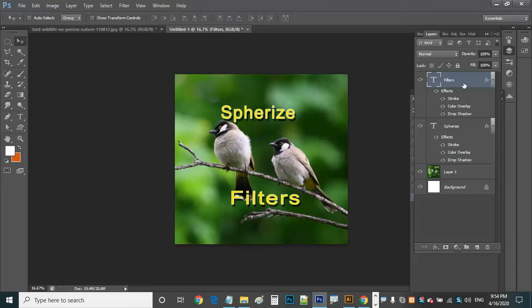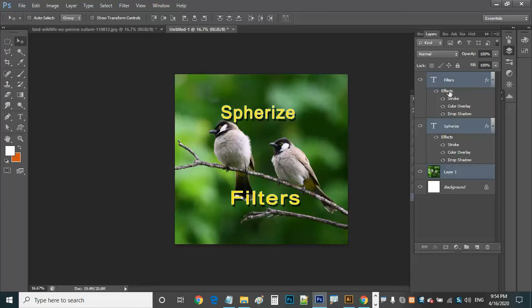So now the layer is showing here, this filter, and I want to select one more also here. But see this, we are able to select only one here. But if you want to select two layers, hold down the shift button on your keyboard and click on the second layer. And if you want to select one more layer, click on this while holding the shift button. So can you see all these three layers are selected here?